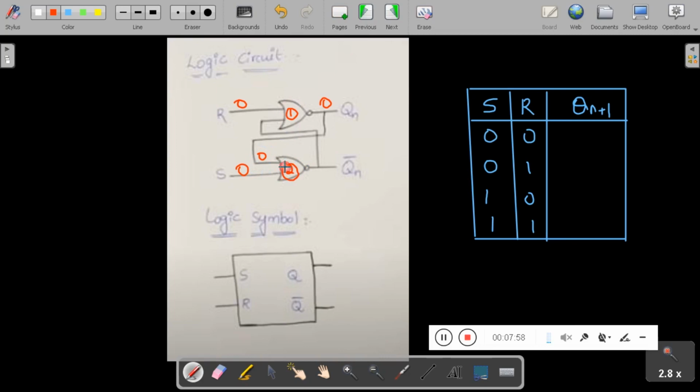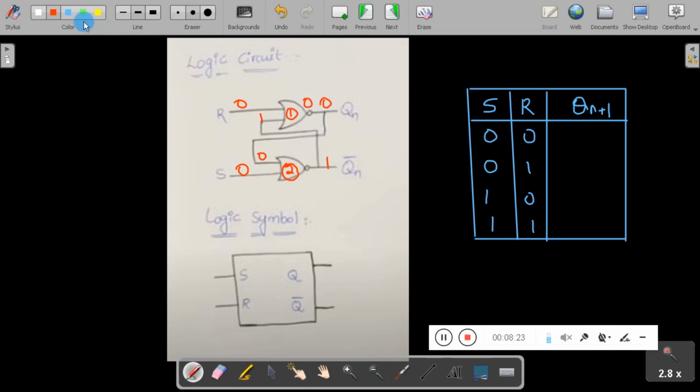So both inputs are 0 to the second NOR gate. That gives output equal to 1. When this output is fed back to the first NOR gate, the output of the first NOR gate is 0. That is same as last state.